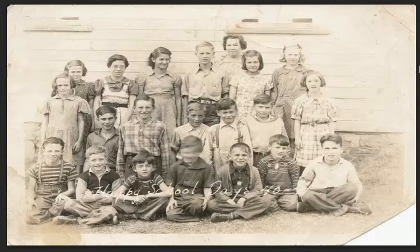It's an interesting old photograph. Old photographs are just fascinating in and of themselves. First of all, it's quite ironic that the caption reads, Happy School Days, 1940, and no one looks happy. But